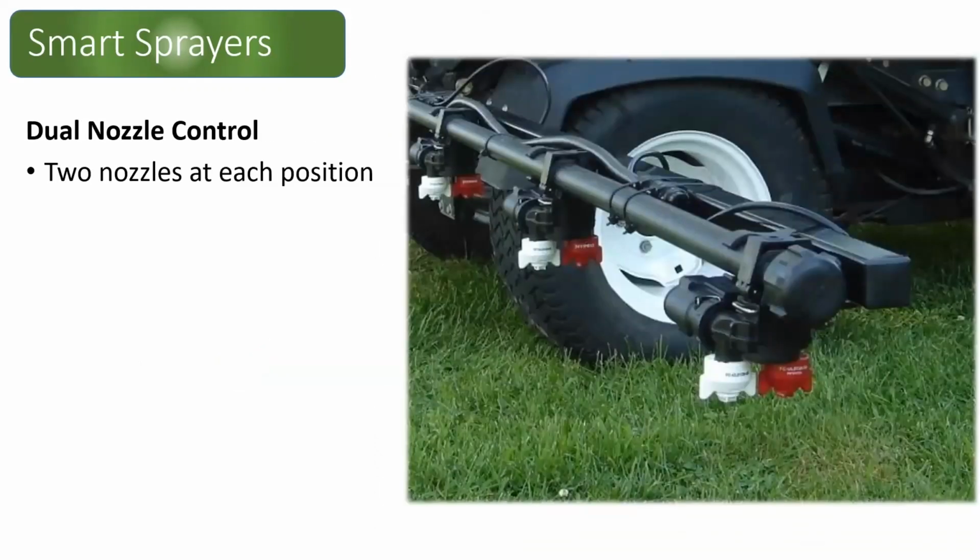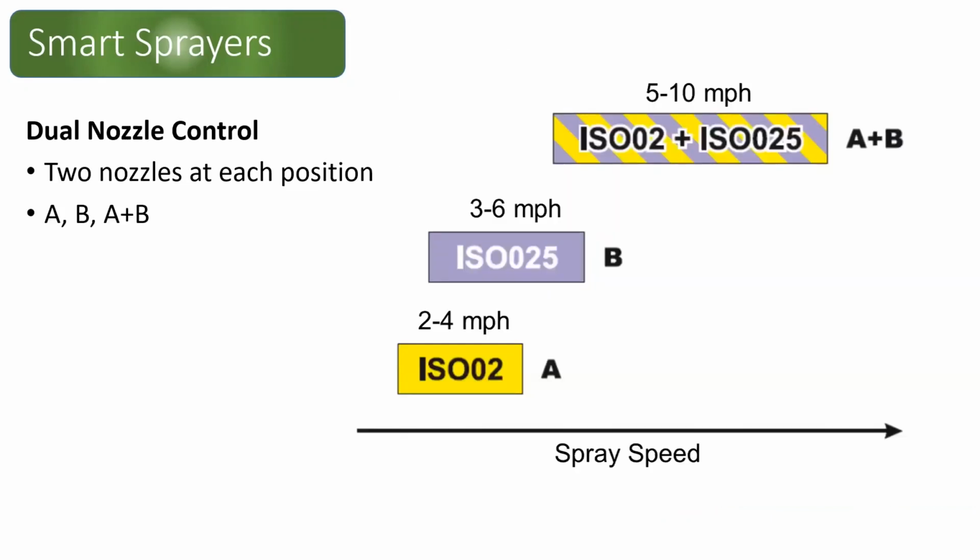So the last component or feature of what I call a smart sprayer is having two nozzles at each nozzle position. And really what that does is it opens up a lot of things for us. So if you consider this to be our two nozzles, A and B, we have one nozzle that will come on at a certain speed and it'll switch to a larger nozzle for a faster speed. But then even at faster speeds than that, it's like having a third nozzle where it's A plus B. And that speed range